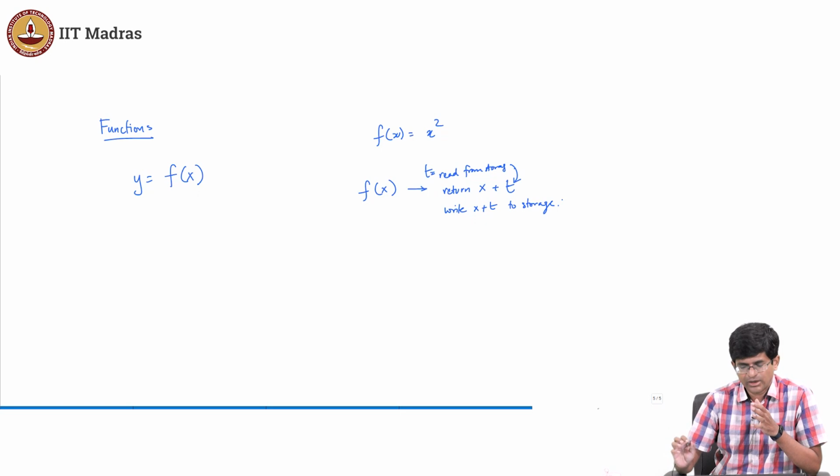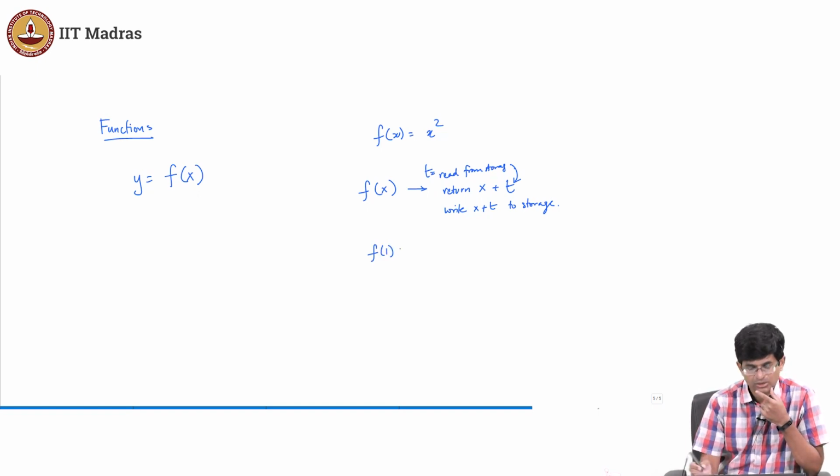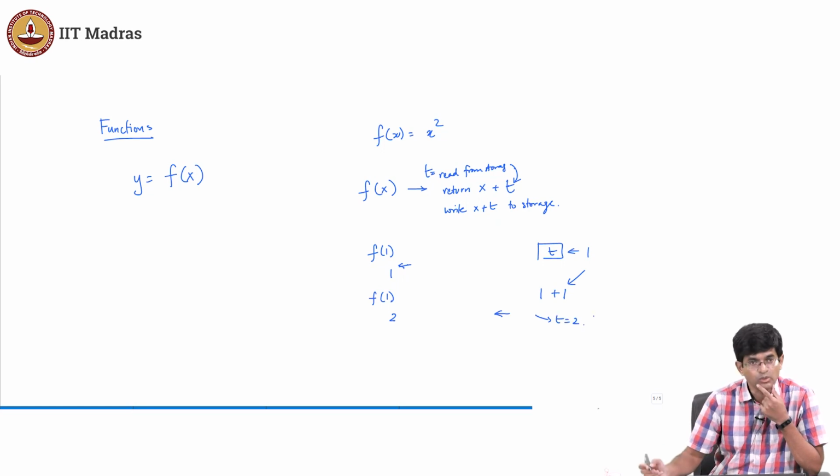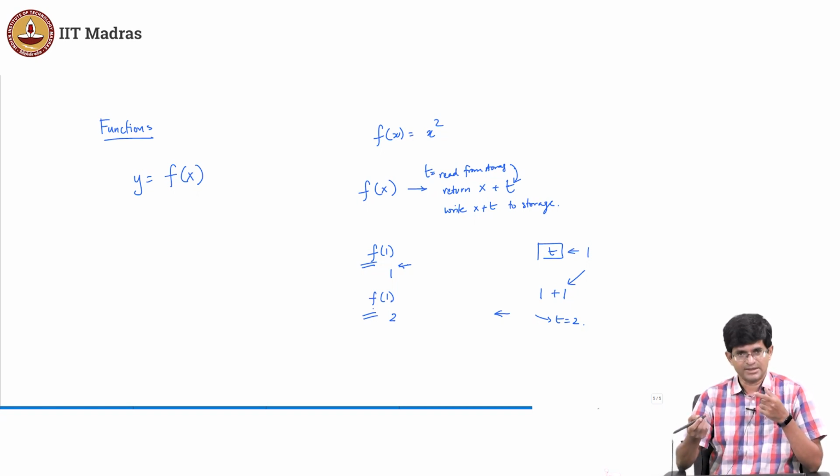Okay. What have I done over here? I have basically said that every time I call f of x, the answer is going to change, because the first time that I call, let us say f of 1, I have this t out here, which will take the value 1, and I will also get back an answer 1. But the next time that I call f of 1, I will take this 1, add it to x, and I will return 2, and I will also write t is equal to 2. In other words, this first f of 1 and the second f of 1 can give me different answers.